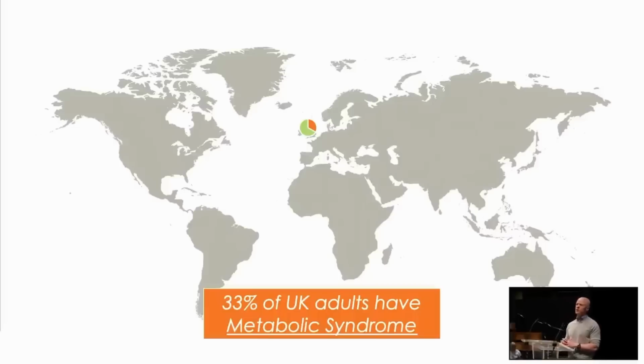When you look across the globe, we can see that the problem, in fact, the problem in South Asia, in the Middle East, in the Pacific Islands, in Southeast Asia, and then across the pond, we have issues in Mexico and the United States. As much as the world wants to point the finger, a chubby finger at the United States, it's actually far from the worst. And thankfully, the UK is doing a little better than the US is. But this helps you get an idea of the prevalence of the problem. It's not just a problem here.